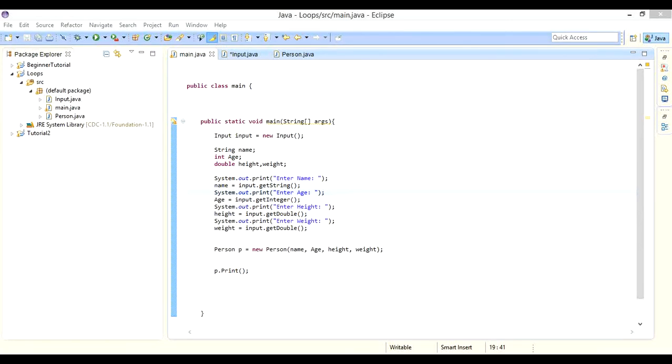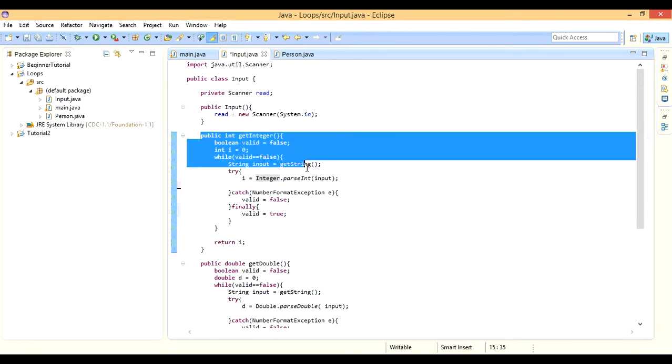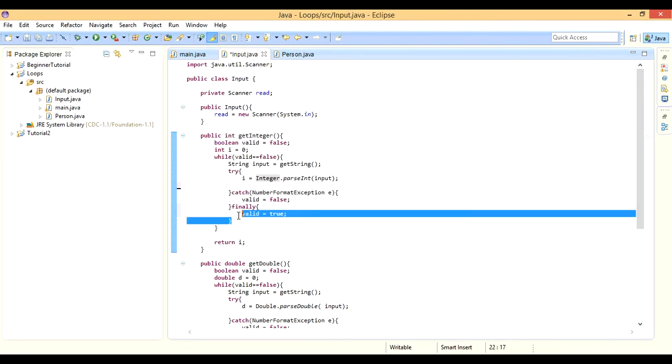Welcome back to Java Programming for Beginners, and today I want to focus on what an array is. But before I get to that, I want to make a change to our input class. It was something I tried to do earlier, but it didn't really work right away, so I put it off until now. So for our getInteger and our getDouble classes, we want to get rid of this finally